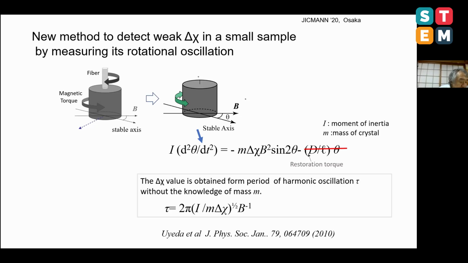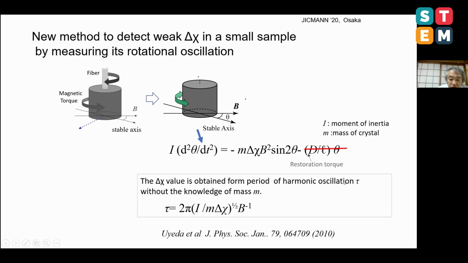Then the stable axis showed rotational oscillation with respect to the direction of field. And we have an equation of rotational oscillation here. And the delta chi value is obtained from the period of harmonic oscillation. The stable axis shows oscillation with respect to the field, and the chi value can be determined from the